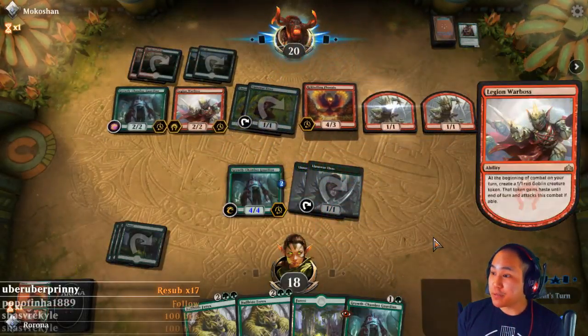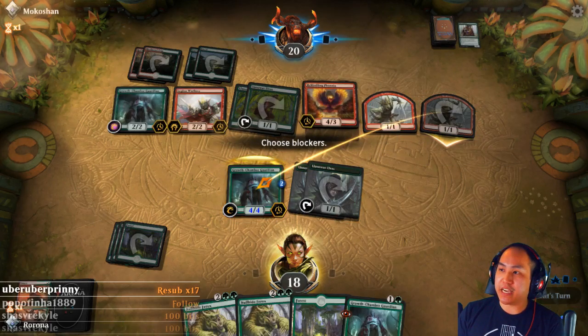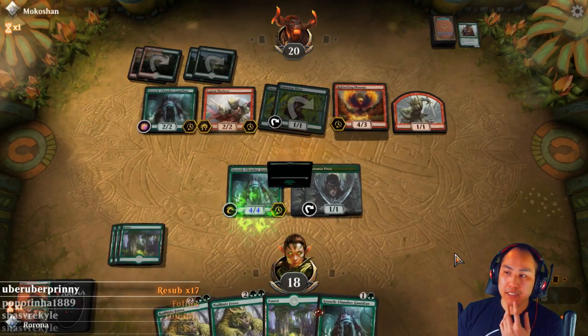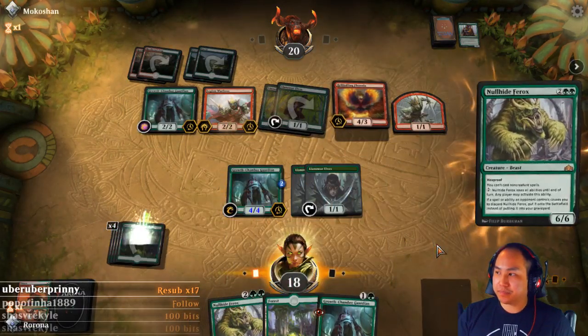That's a problem. He also has a Growth Chamber Guardian. The reason he's attacking is because he must attack with the new one. So that's not him being an idiot, but...